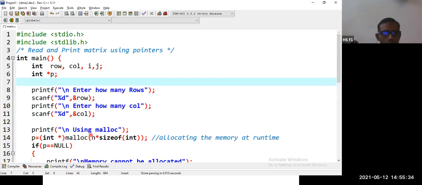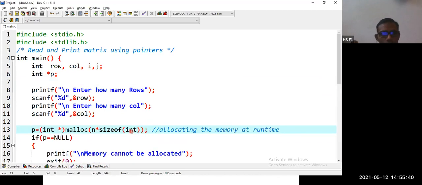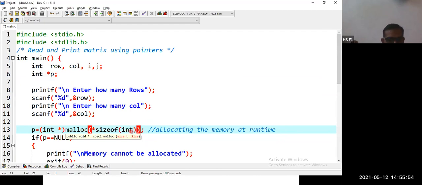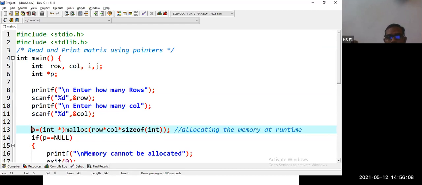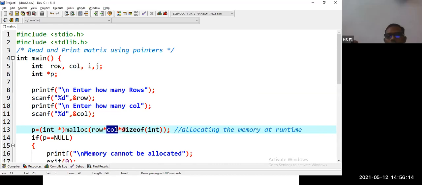So what you are going to do here using malloc. Let us remove this line because we are going to allocate the memory. So what is this? N into, we have to allocate those many rows and columns. How to do this? Just can anyone tell me how to do this? There won't be any n here. So what will be there? Row into column into size of integer. Is this right? Number of rows into number of columns into size of integer. So this line is going to allocate the memory for a two-dimensional array. Yes, sir. Number of rows into number of columns into size of integer.